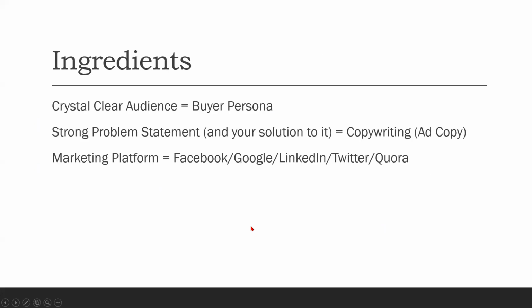So moving on, what do you actually need to create an ad on Facebook? First thing we need is a very clear idea of who our audience is, which in technical terms is also called designing or defining a clear cut buyer persona. So let's say for trainers, if our students are for let's say CRT training, people who are in the final year and about to complete their education, or final year MBA students,